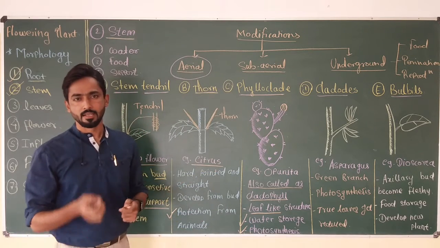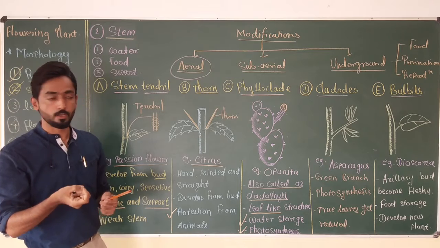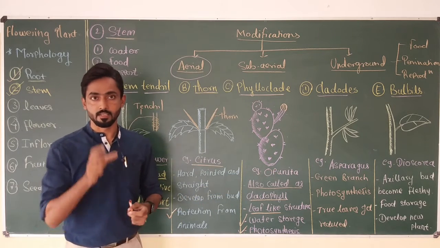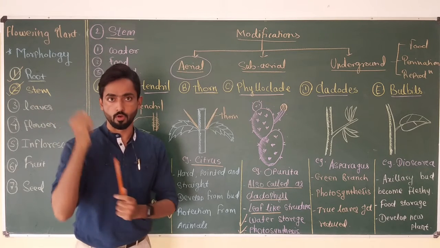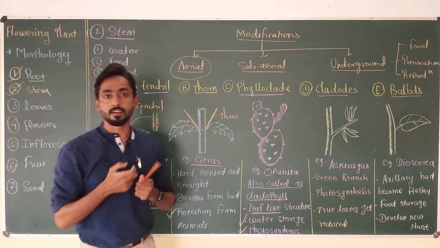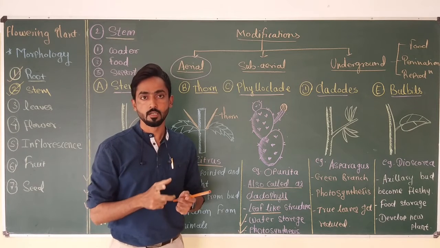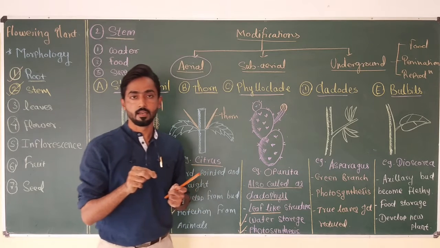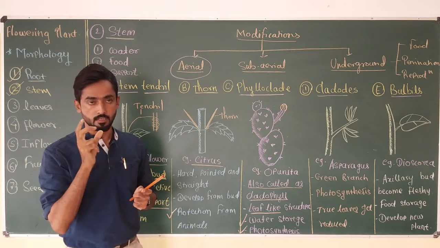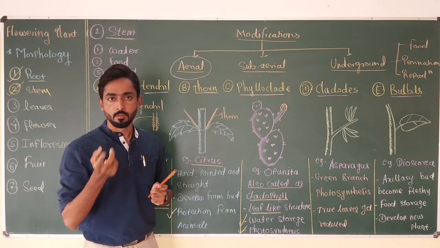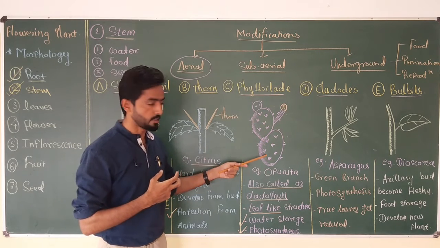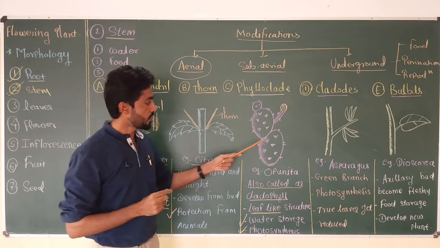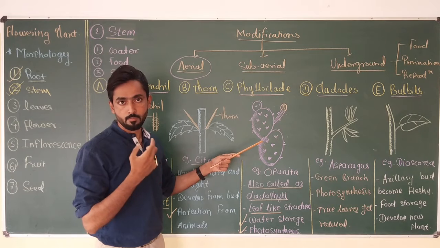In this type of plant, leaves are generally reduced because plants like Opuntia grow in xerophytic conditions, conditions in which the soil has very little water. In that case, to avoid transpiration, or loss of water from the leaves, the plant has to reduce the leaves. The leaves become reduced and dormant. And in that case, the stem performs the function of leaves by carrying out photosynthesis. That means the pigment chlorophyll is present in this type of stem. They become thick and flat, and now they can use sunlight to produce food material.